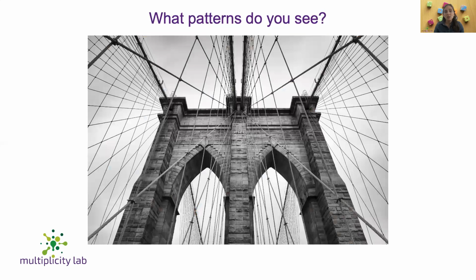In this image of the Brooklyn Bridge, the patterns are spatial rather than numeric. What patterns do you see? Students might focus on the symmetry of this image as a pattern, whether or not they know that word to describe what they're seeing. They might focus on patterns in the brickwork, like the way in the green box there